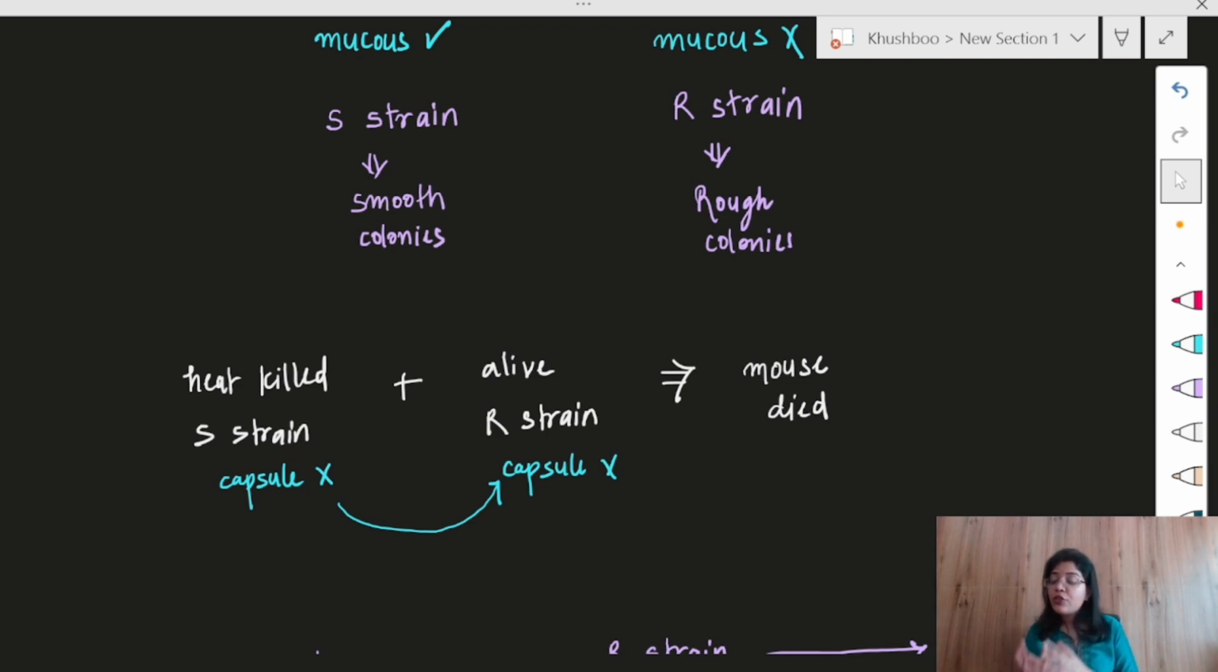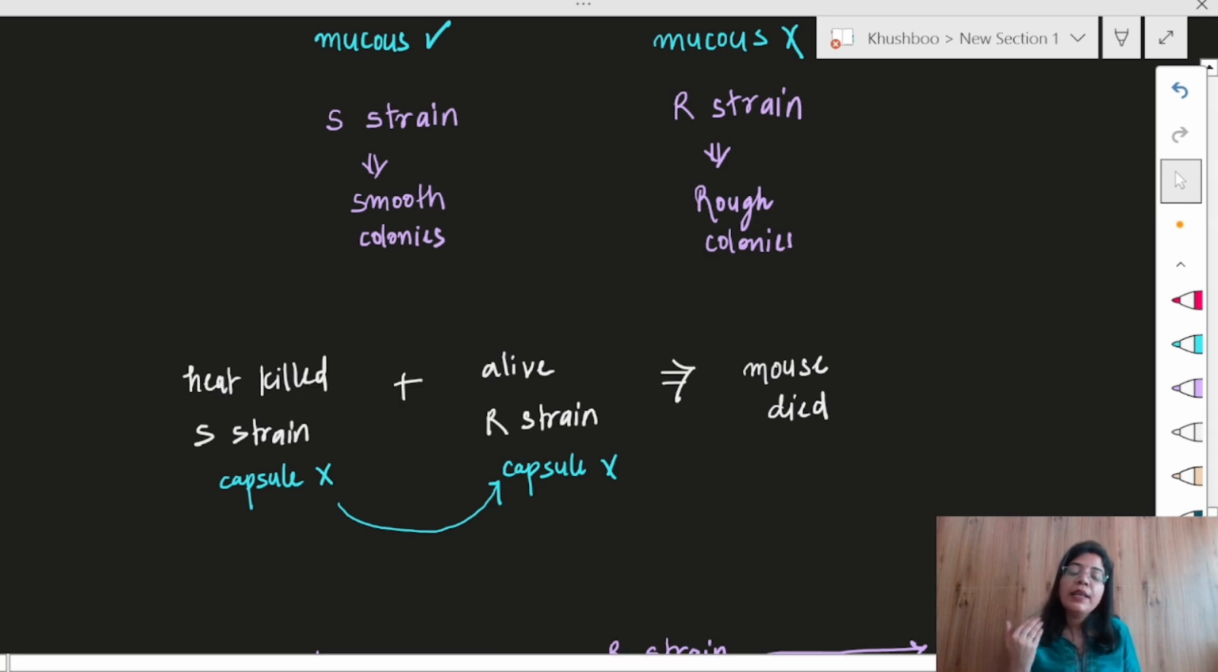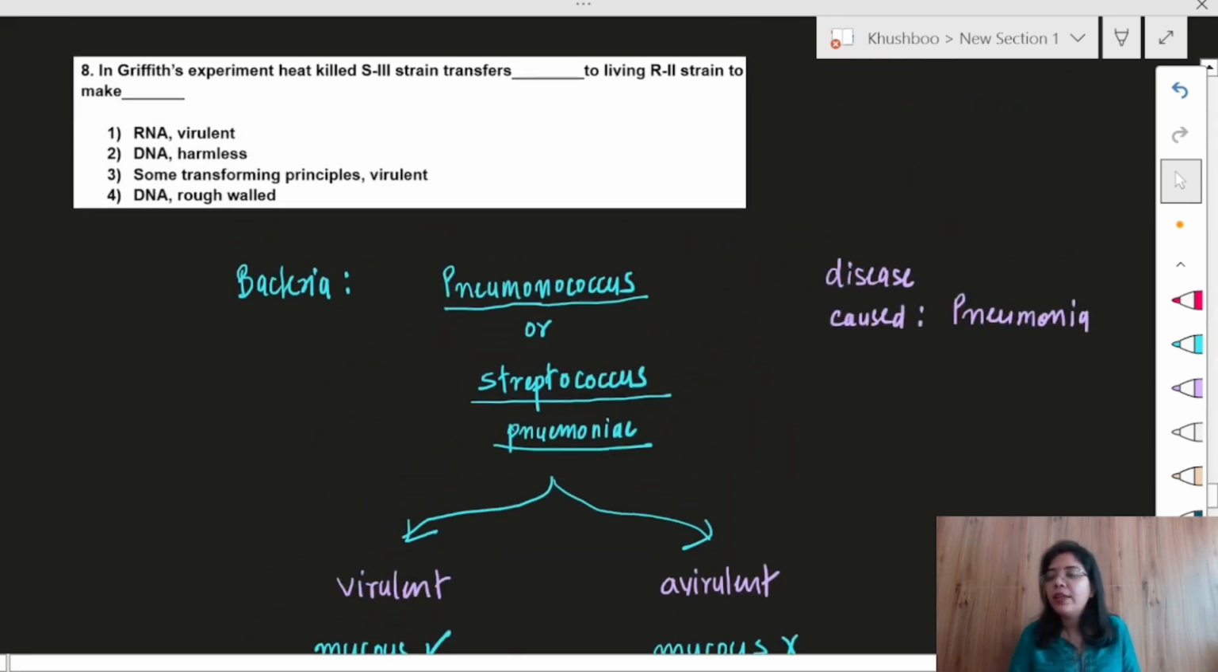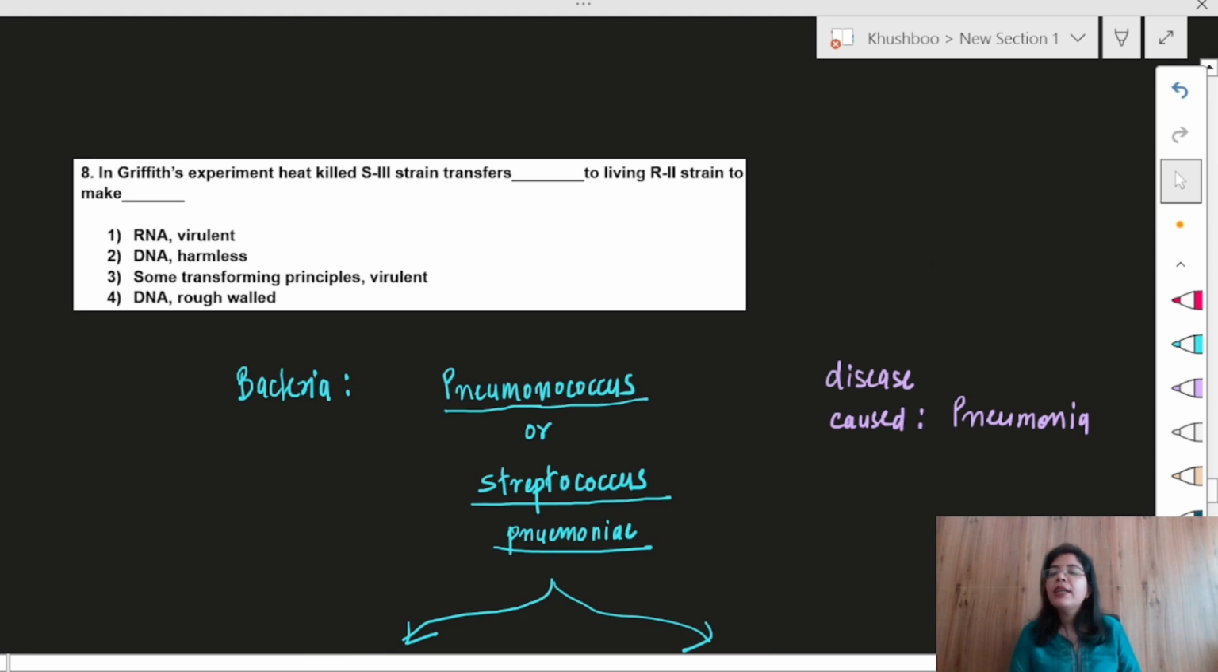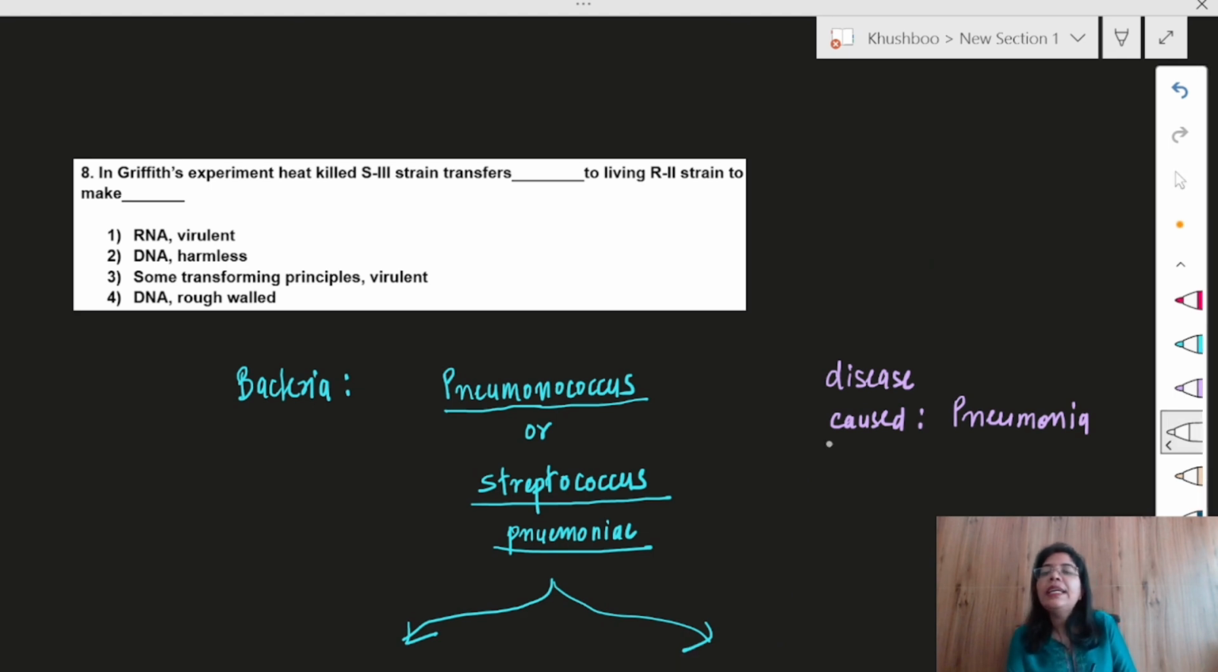And now that S strain's DNA has the genes for the capsule. It will be able to make a mucus layer on the R strain and convert that R strain into S strain, right? And that is the reason why the mouse died, right? So what we have to understand is that in the Griffith experiment, heat-killed S strain transfers DNA to the living R strain